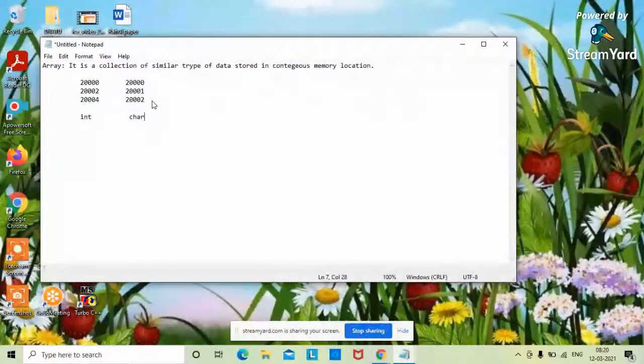Now the second question is why there is a need of array. Let's take an example. If I want to store the marks of two or three students, let's consider I have to store the marks of three students, and marks are of int type. I just require three variables m1, m2, and m3, and in these I can easily store the marks of three students. But if I want to store the marks of 100 students,